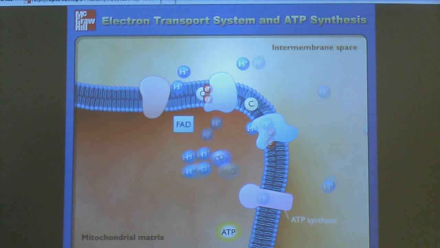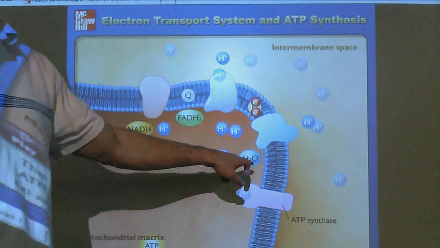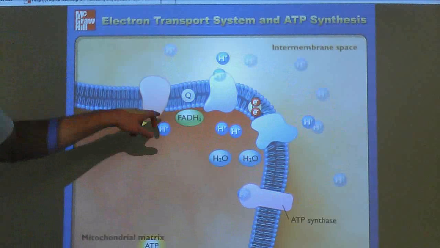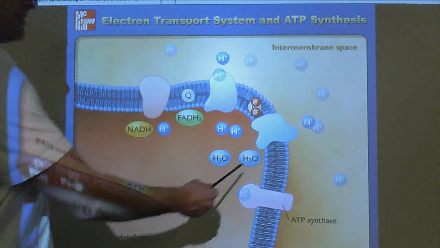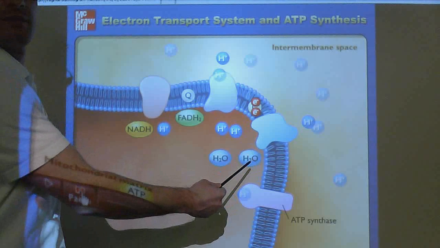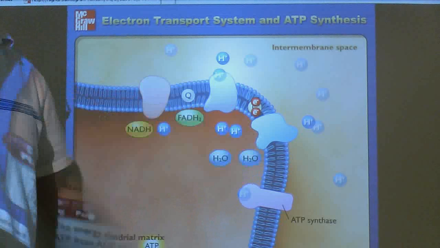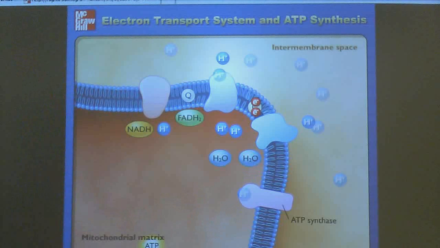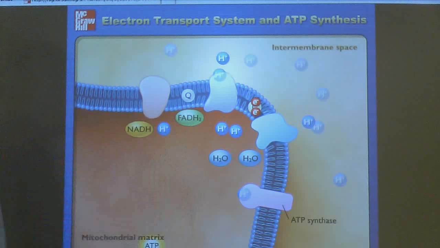And keep in mind how this relates to photosynthesis. In photosynthesis, we were using water to get electrons at the beginning of the electron transport chain. Here's just the opposite. We're making water by combining oxygen with hydrogen using those electrons that came through the electron transport chain. So a lot of backwards things are happening here. A lot of the similar things from the ETC from photosynthesis and electron carriers. But